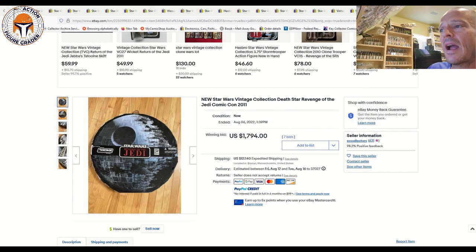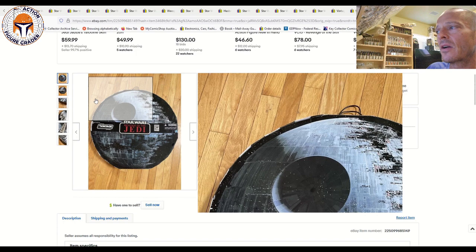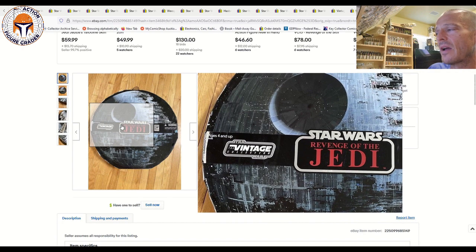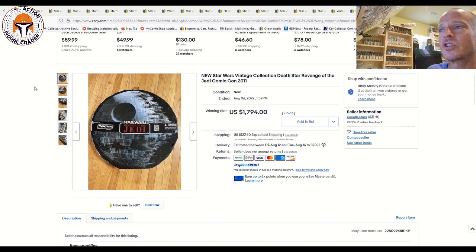And then finally, one of the holy grails for the Vintage Collection, this was the Death Star SDCC Revenge of the Jedi 2011 SDCC exclusive. Now, it had quite a bit of wear to the actual box, but it was listed as unopened. As you can see, the tape is still around the box there, but the box was very heavily damaged, but it still sold for